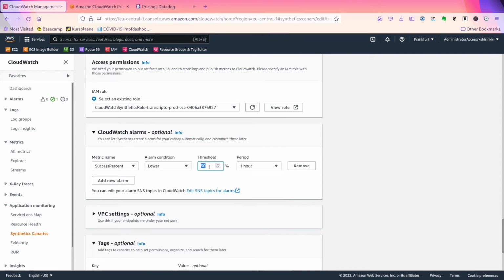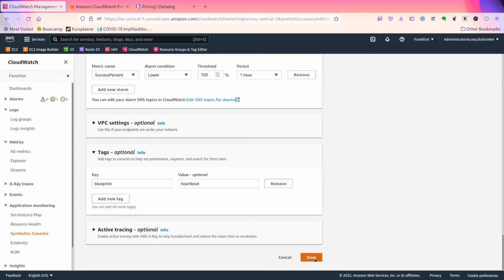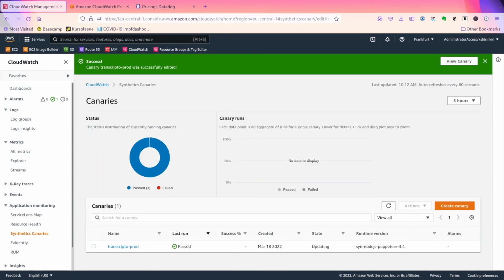Given the amount of features and the price, you should use synthetic monitoring for more complex use cases and avoid using them for a simple heartbeat like the one we just configured. For simple black box monitoring, you could find cheaper ways. For example, in AWS, you could configure a simple Lambda function triggered with CloudWatch events. Such a setup will cost you a fraction of CloudWatch Synthetics, even if you run this function every few seconds.